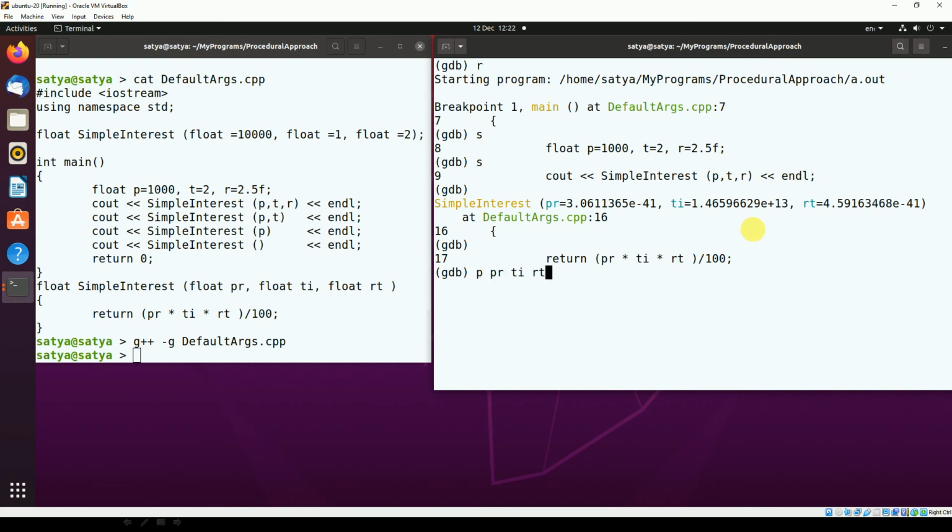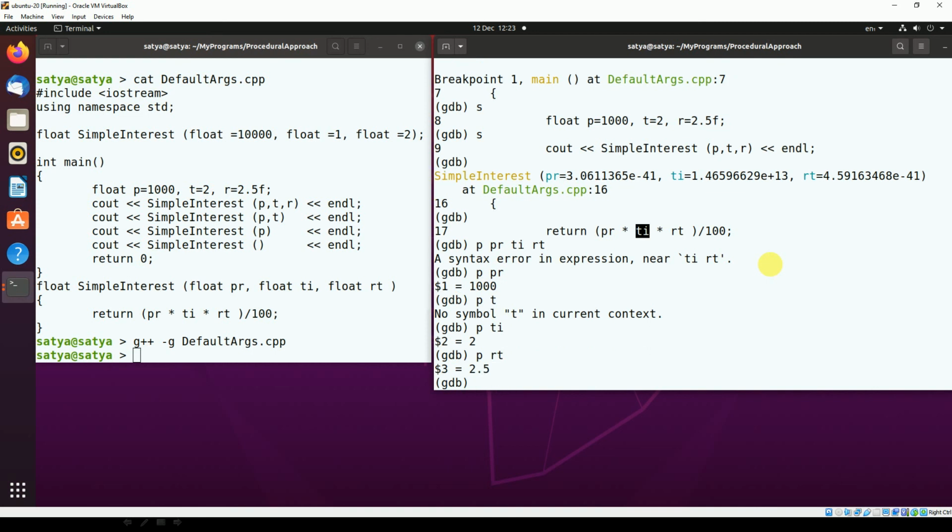So PR is the principal amount, whatever 1000 we have passed, the same thing will be passed to the function argument PR. And now T value 2, print TI. So TI 2 value is passed. Now I'm saying print RT. So the same 2.5 is passed. Okay, so this is fine.